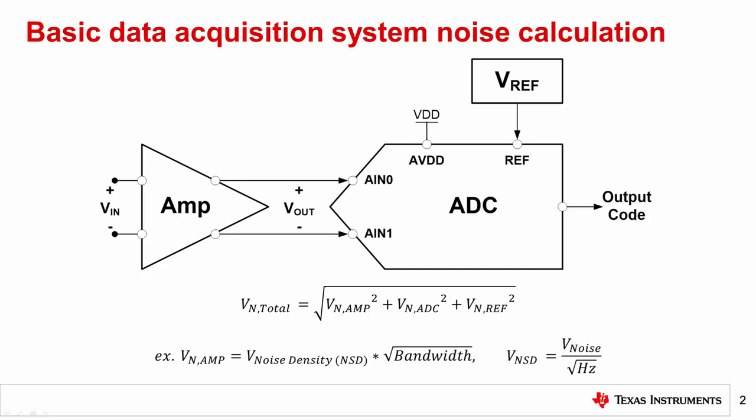In either case, you must calculate an effective noise bandwidth for each component in the signal path to determine its noise contribution. As stated on the previous slide, the focus of this presentation will be on understanding the concept of noise bandwidth and how filters combine to act on one or more noise sources in your system. Therefore, you will not need a detailed understanding of ADC, amplifier, or voltage reference noise to continue. However, you can view the Precision Labs modules on these topics if you want to learn more.